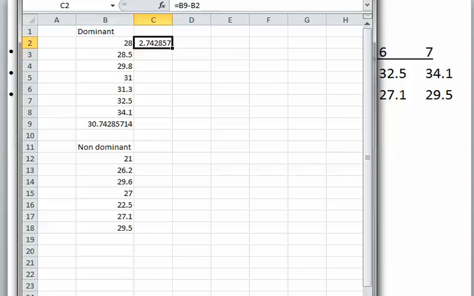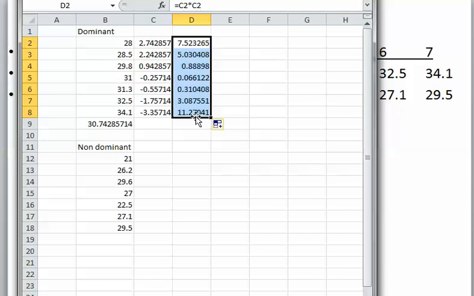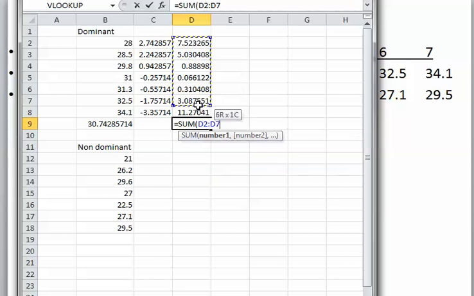Now you can't do this way, you'll have to do it in your calculator, and you can use both the method you've learned in maths and the method you've learned in biology, but I'm doing it a quick way using a spreadsheet. So then that is my mean minus my value in each case, and then I need to do that value squared, so that value multiplied by itself, and now I need to do that for all my values. Then I need the sum of all of those values, so this equals the sum of all of these values,